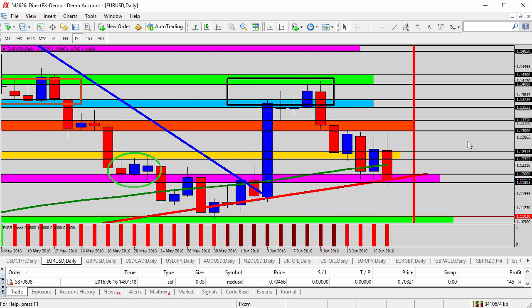Let's go ahead and zoom in a couple of times. Note the support here at the pink shaded area. And this is 112 to 111.80. We discussed this during the trade room yesterday as a support, and here it is again. The market's challenging it and trying to break through it. If the market is successful and pushes through this pink shaded area, let's say an open and close underneath 111.80, I think we're likely looking for the continued fall.